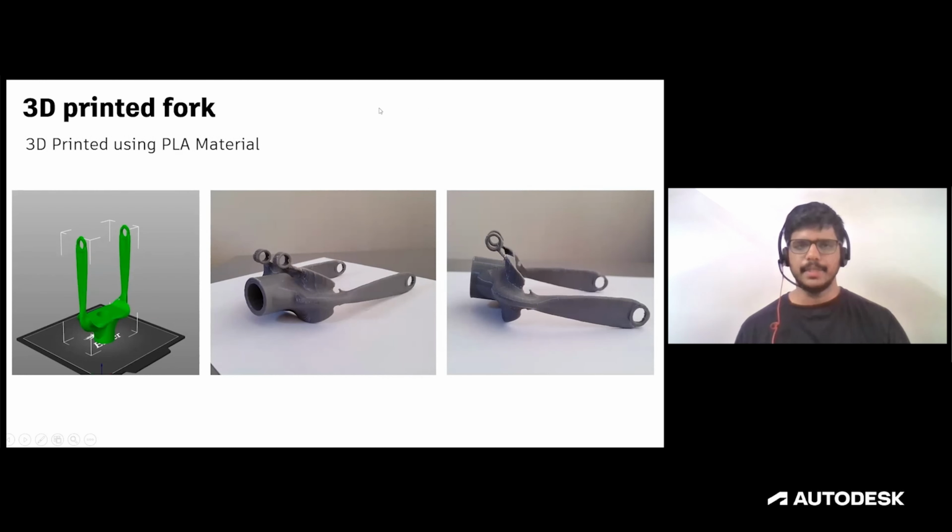Once our design was completed, we further went on to get a prototype of the design 3D printed. The picture on the extreme left is a snapshot from the Slicer software, which we used just before 3D printing. And the other two pictures are of the final 3D printed part. This being a prototype, and since we are students, we used PLA for printing. After the 3D printing, we did some minor work on the part, like giving it a surface finish using sandpaper.